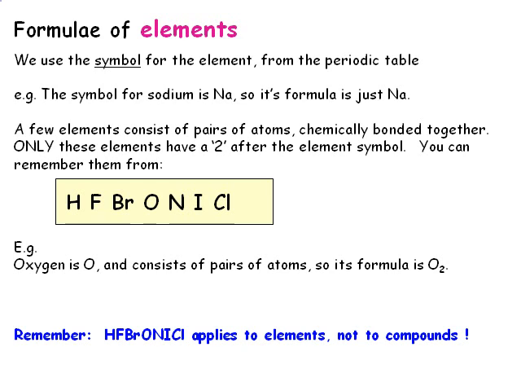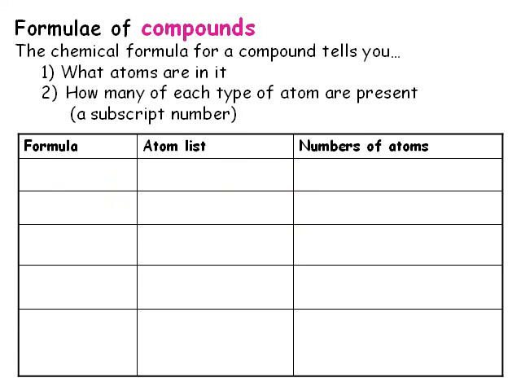The mnemonic HF Bronicle helps us to remember which elements consist of pairs of atoms and need a subscript 2 after the element symbol when writing their formula. Hydrogen is H2, fluorine is F2, bromine is Br2, etc. The formulae for compounds are a list of the types of atoms present, followed by a subscript number to show how many of that atom if it's more than one. The formula NaF for sodium fluoride shows us that it contains Na and F, and that there is one of